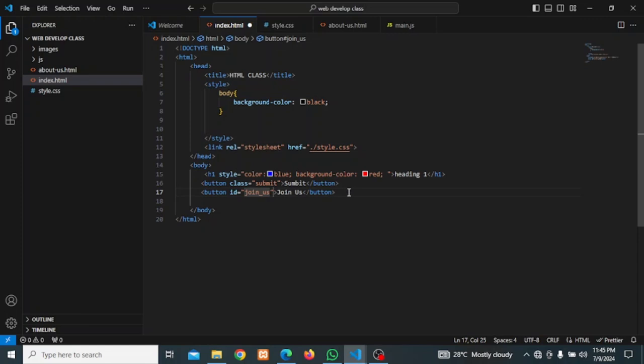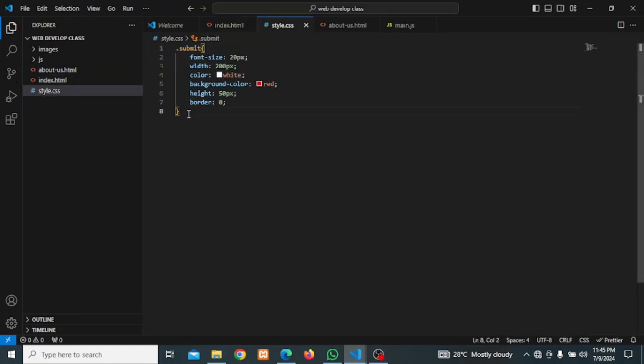So we use an underscore. Right now I save it. So what I need to do, I go to my CSS. Now, to call an ID is also different from a class. To call a class, you need to add a dot before you call the name. To call an ID, you need to add a hash. So you add a hash, then now